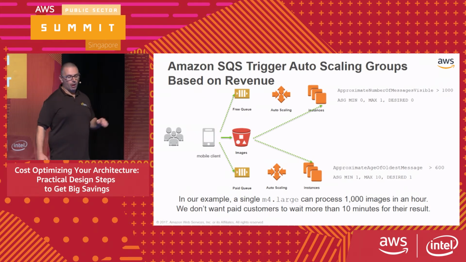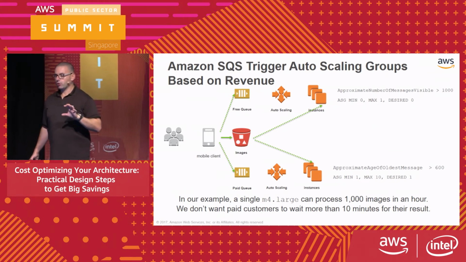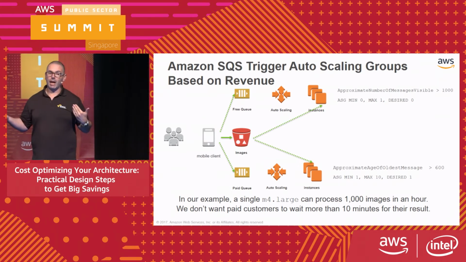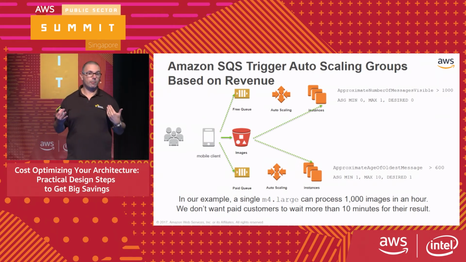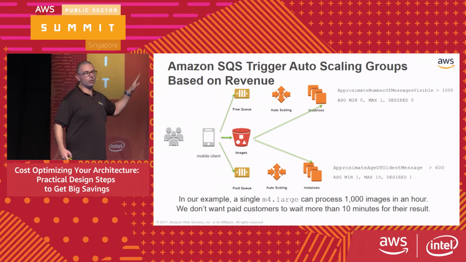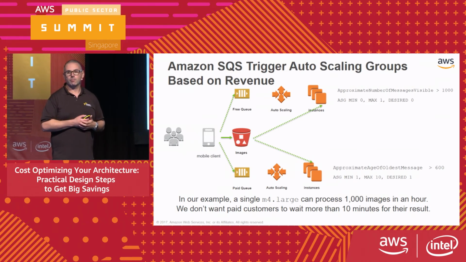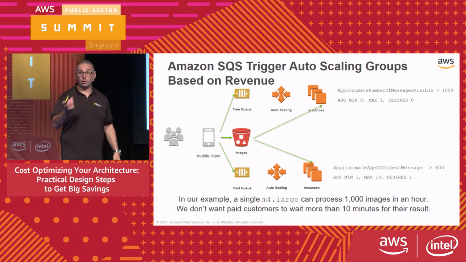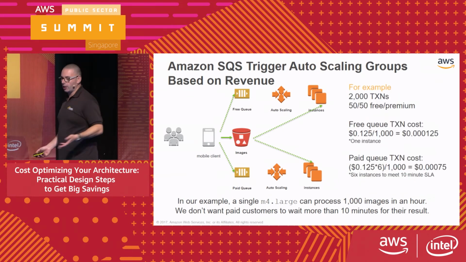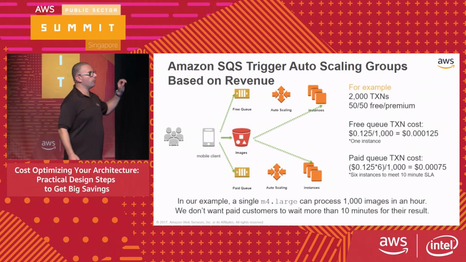So my free workload will go into an AutoScaling group that is built based on the number of outstanding messages to process, so we run the full hour, so it waits for there to be 1,000 messages. My paid queue will not let me be more than 10 minutes out of sync with updating my customers as well. So 2 different queues running in 2 different models. Let's do the maths. Let's say it's 50-50, 1,000 transactions, so 1,000 going through each type of queue. We can see that the free queue